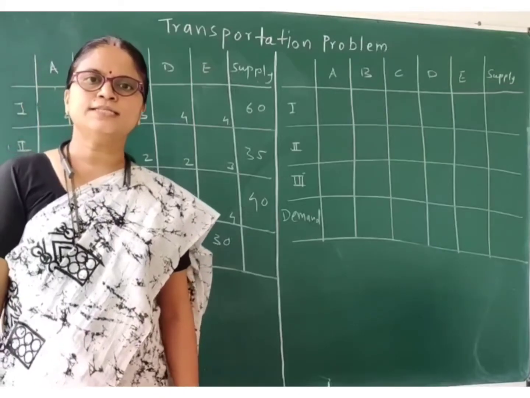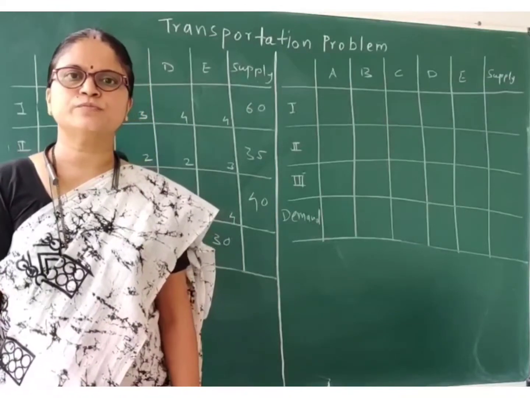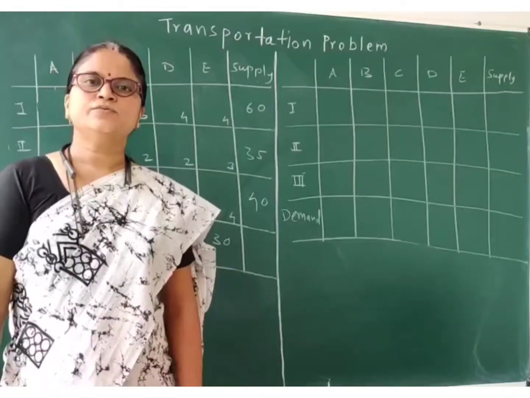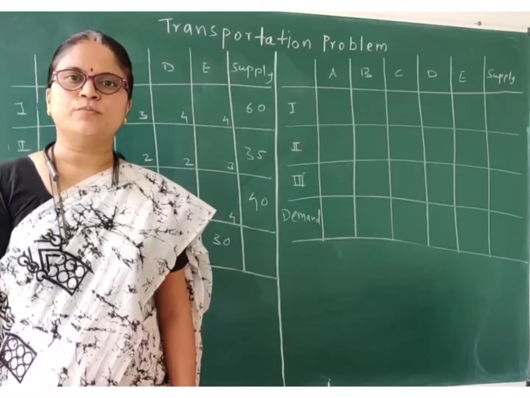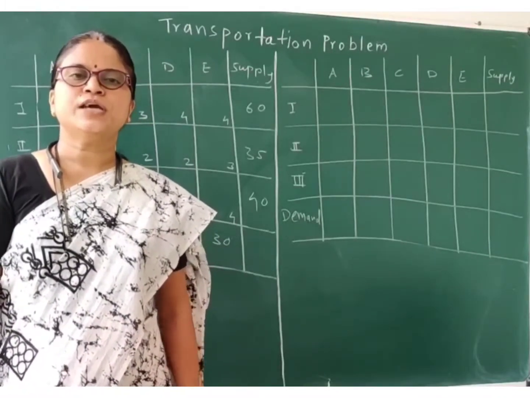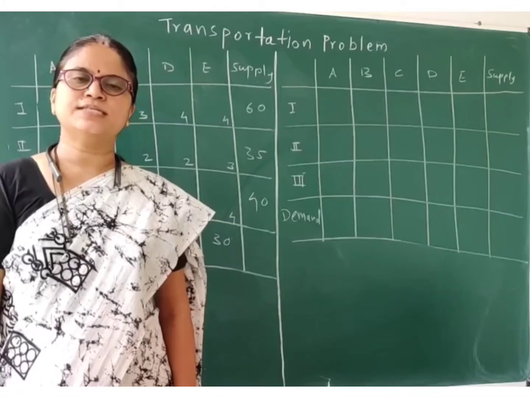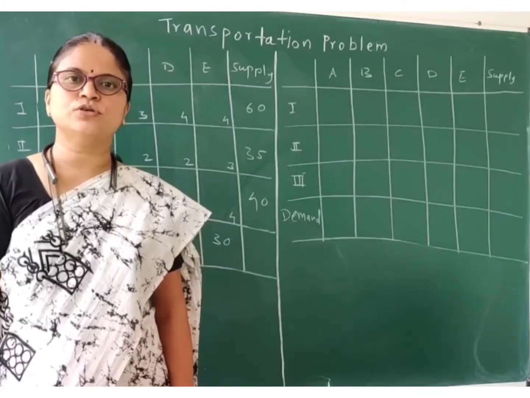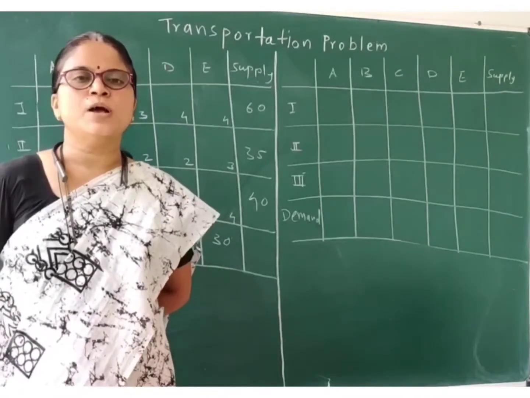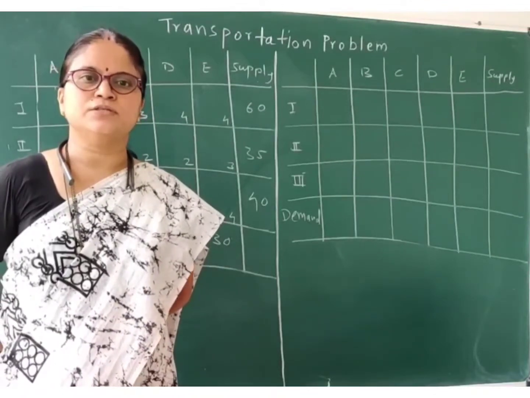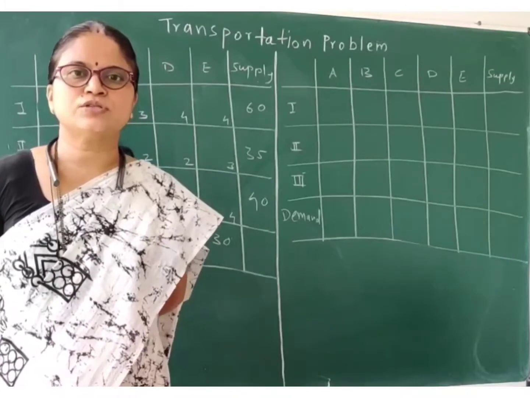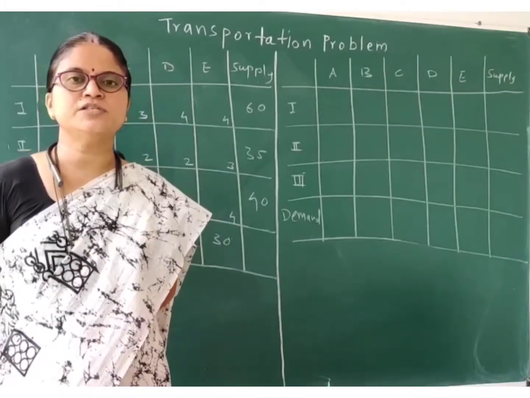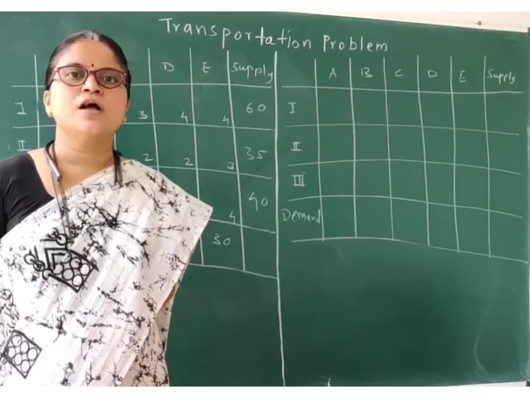Going on in the series of lectures on transportation problems, today let me see the Modi method for solving a transportation problem. Over here, we can get the IBFS, that is, the Initial Basic Feasible Solution of a transportation problem, by using three methods. The first method is the NWCR method, the second is the least cost method, and the third is Vogel's approximation method.